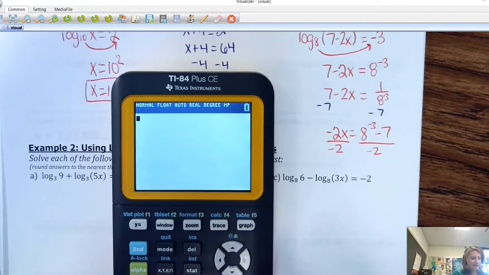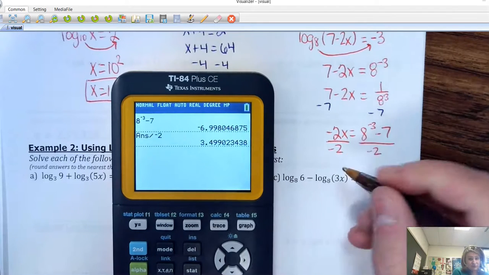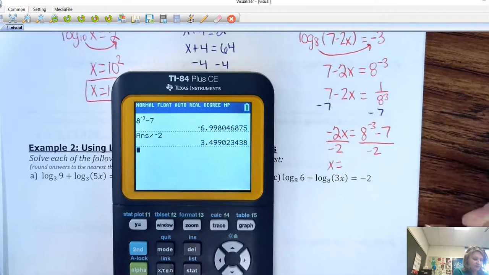I'm going to type that all right into the calculator, 8 to the negative 3rd. And then we are going to subtract 7. And I'm going to go ahead and hit equals, and then I'm going to divide that by negative 2. So to the nearest thousandth, that's 3 decimal places. So I'm going to have